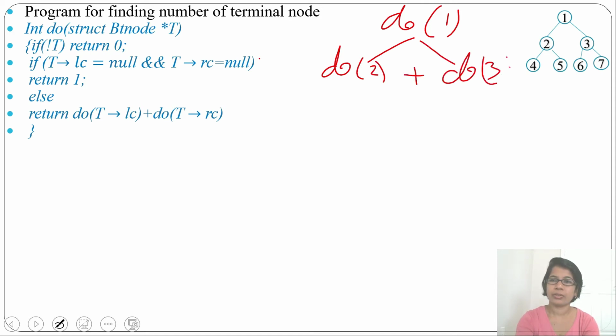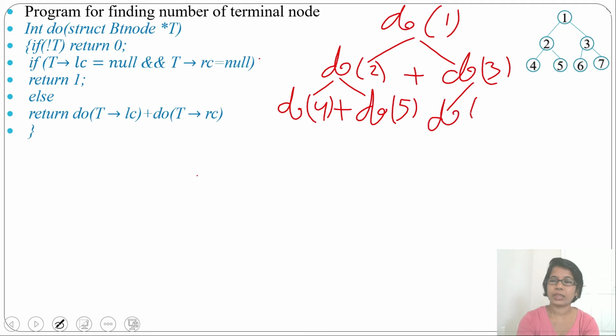That is its left child plus its right child. Again do 2 will first check the if condition, whether the left child and right child are null. No, so it will call do 4 and do 5. So do 4 plus do 5, and do 3 also calls do 6 plus do 7.